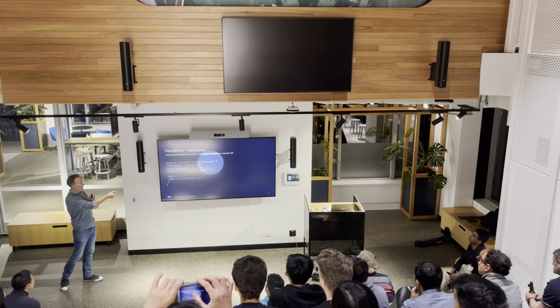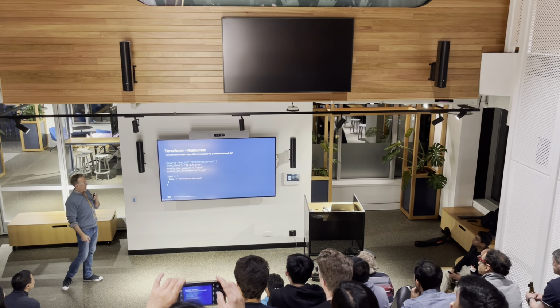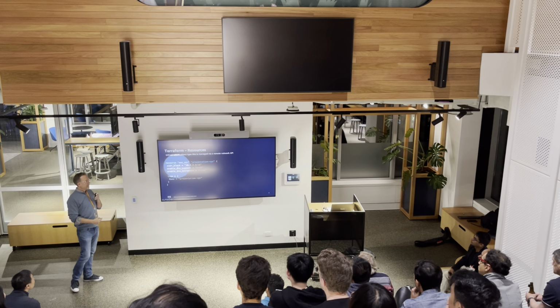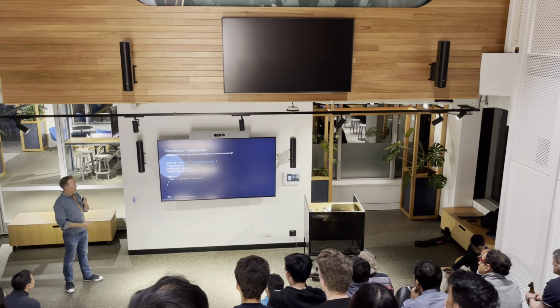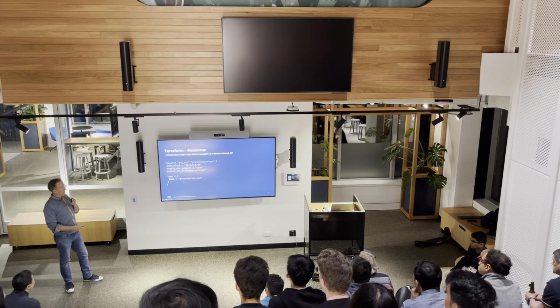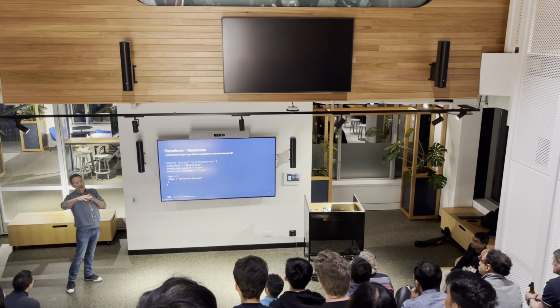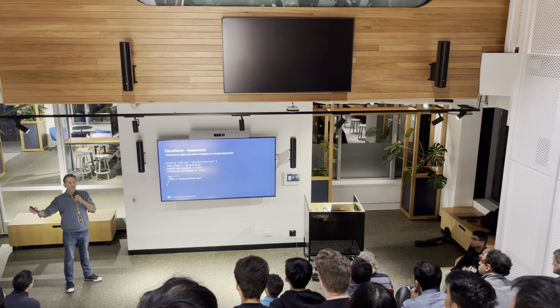So I'm saying, go off and create me a VPC and all the parameters that we need to know to create a VPC. What's my CIDR range? Do I want to enable DNS? What are the tags that I want on that particular resource? That's what I hand on to Terraform. Terraform's going to call some AWS APIs and create those resources for me.